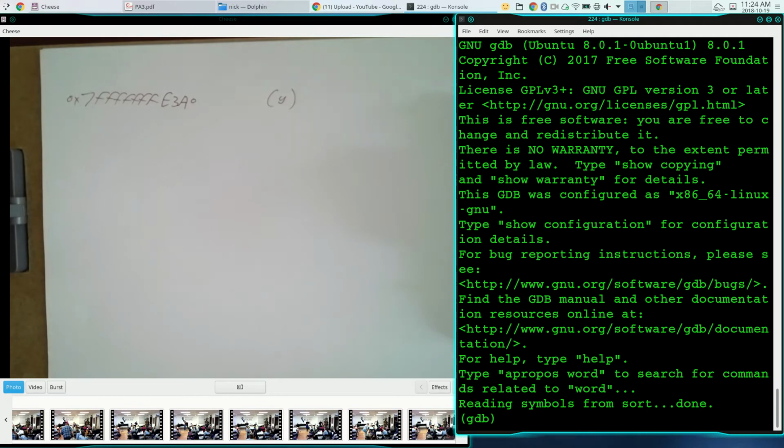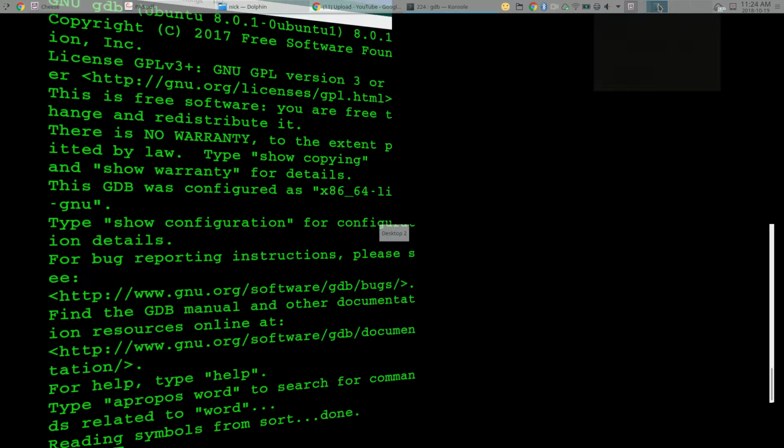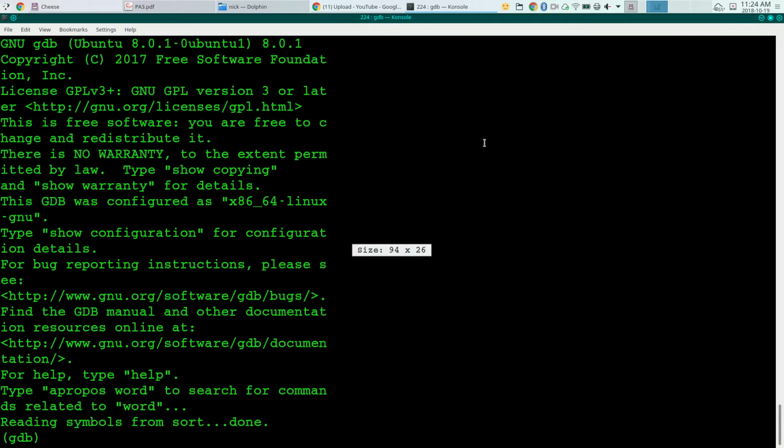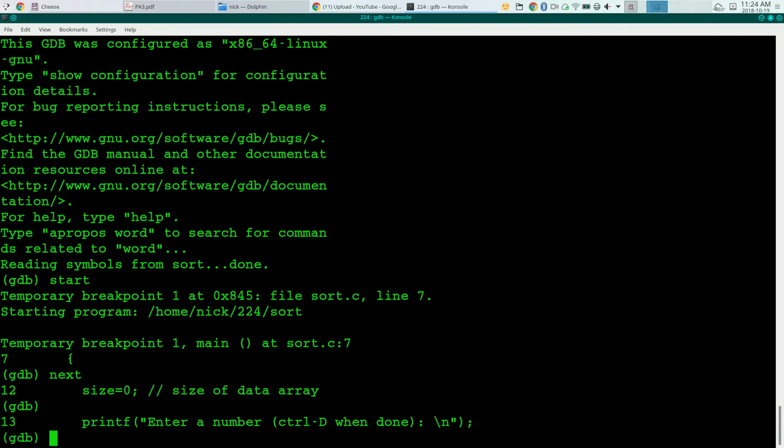All right, one other thing I wanted to mention with GDB that came up in the last class. So I'm debugging my sort program, so let's go ahead and say next and next. I'm about to do a printf statement, okay? If you accidentally say step, step says step into the function. If we want to actually debug this function that's about to be called, we say step. But if you accidentally say step when you're about to do something like printf or fgets or scanf, you start